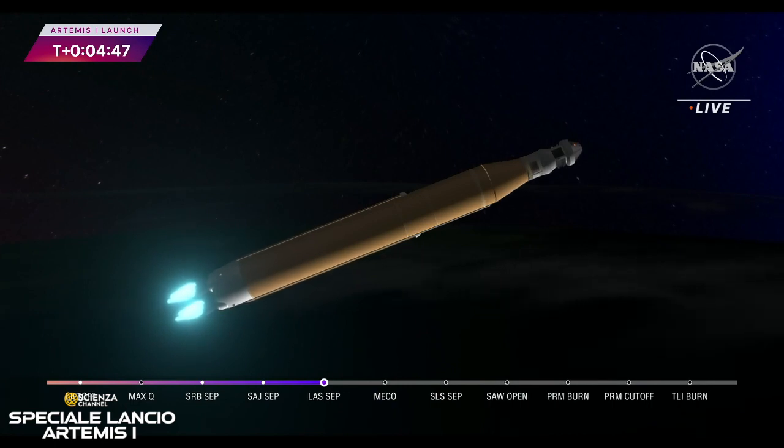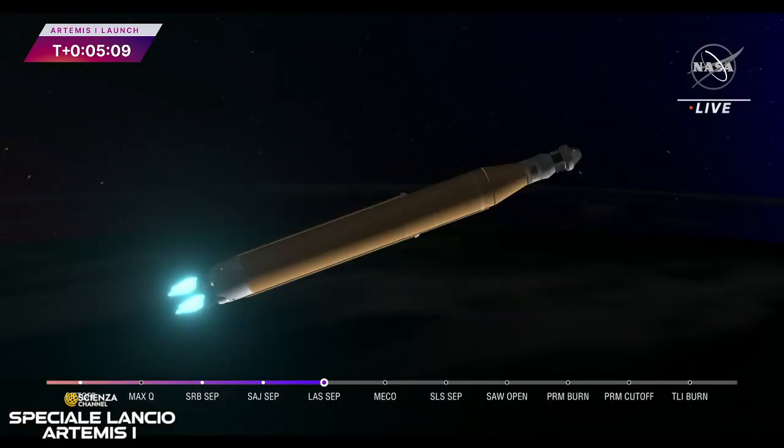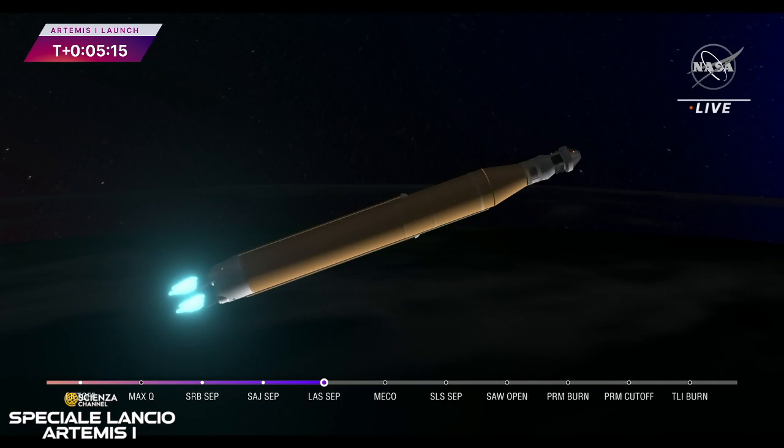Those 4 core stage engines will continue to fire and power the flight of Artemis I, now traveling over 6,800 miles per hour, 229 miles downrange. Booster flight controller reports that the engines are looking good. Our core stage main engine cutoff time is about 8 minutes and 3 seconds. We are now 5 minutes and 11 seconds into the flight,